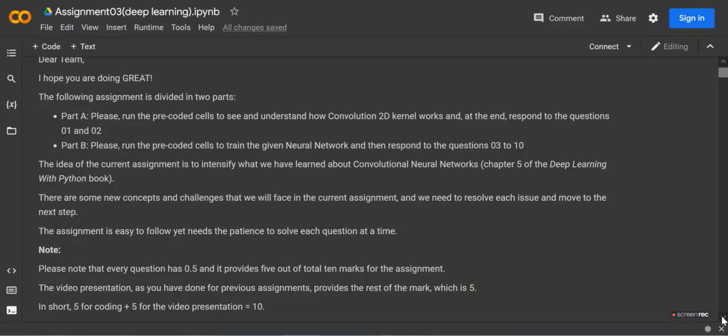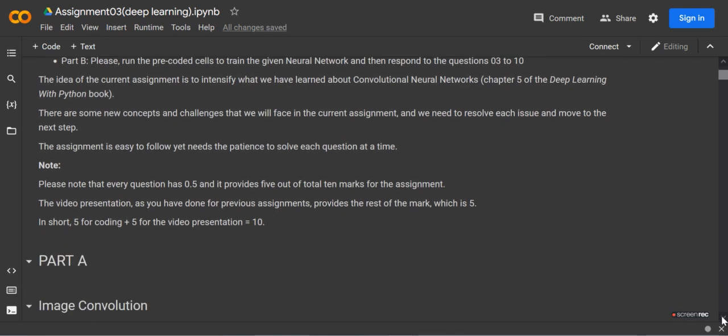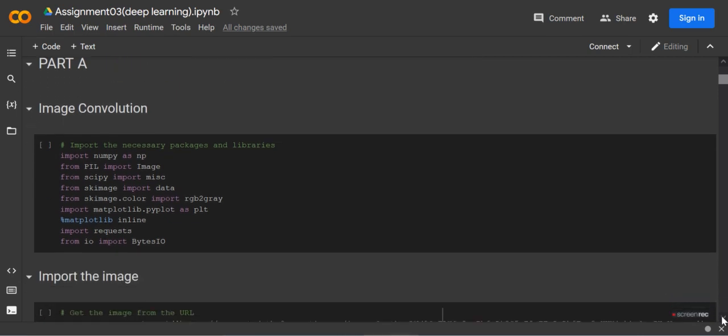Hi everyone, today I'm here to discuss another project. In this we have two parts. We have to run the pre-coded code, the code that has already been written, and then we have to answer some of the questions. First we have to import the necessary packages and libraries